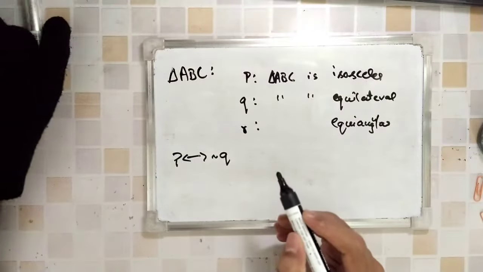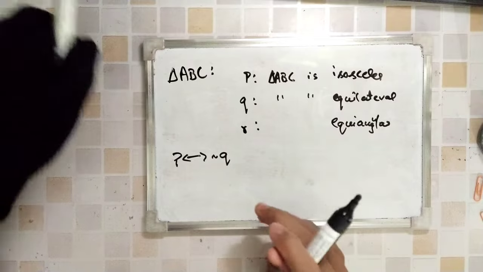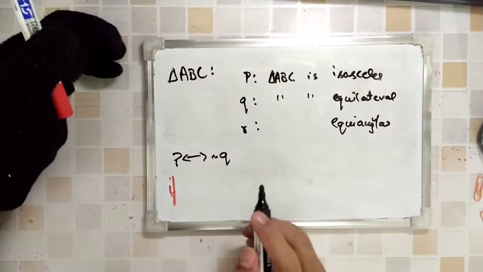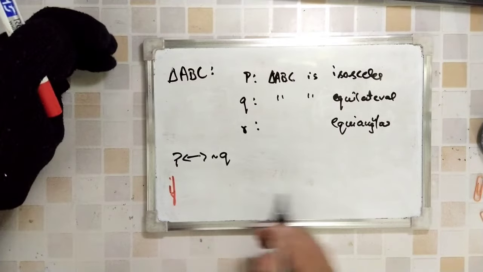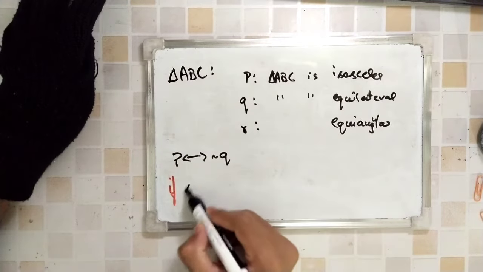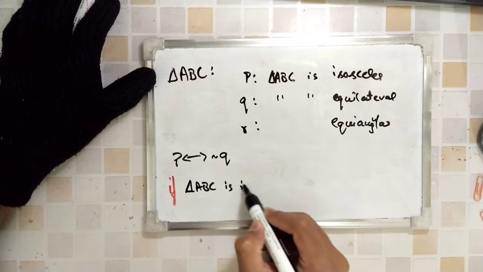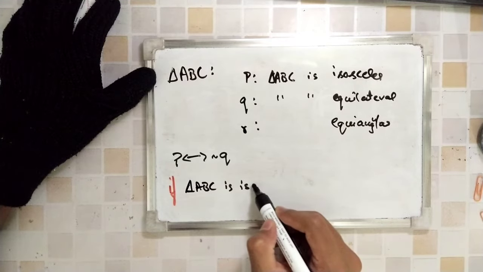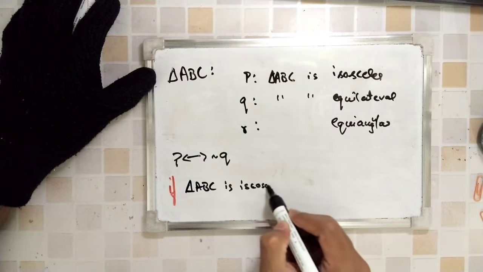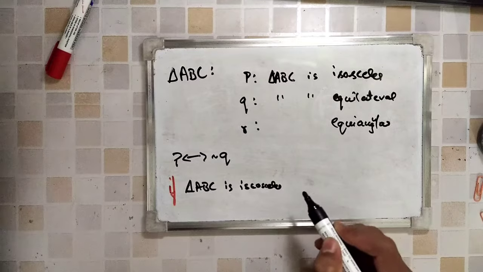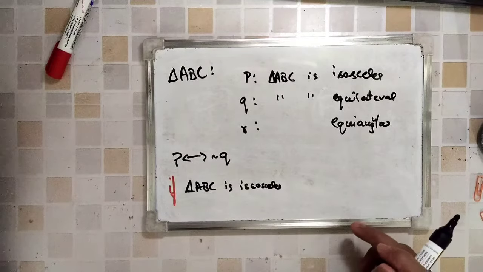So this will be written like: if triangle ABC is isosceles, then triangle ABC is not equilateral, and if